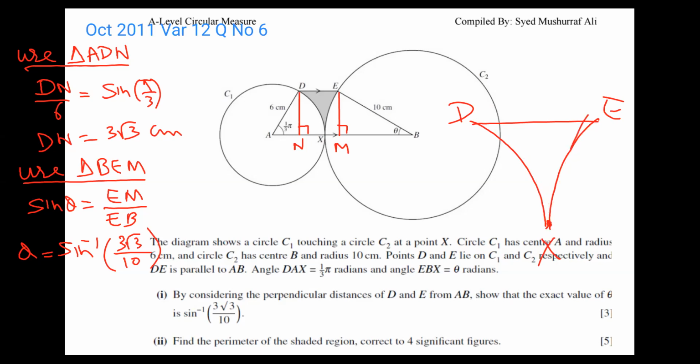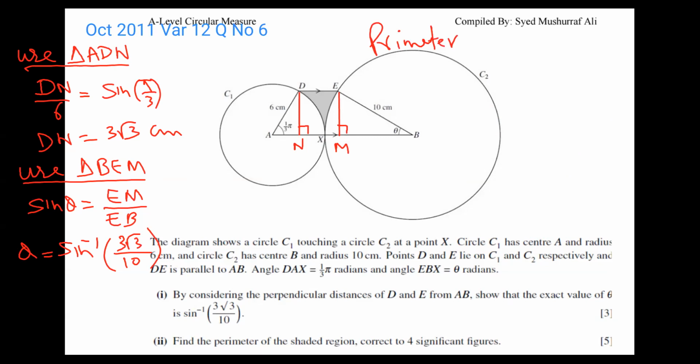So 2 arc lengths and 1 straight length. This is our plan of action. So let's see how we can get it. First, let me write a plan. The perimeter of the shaded part, of the shaded area, is equal to DE straight length